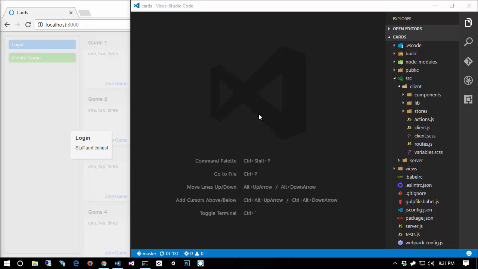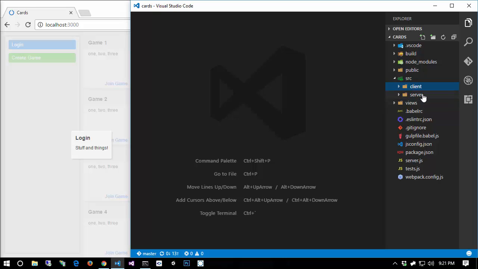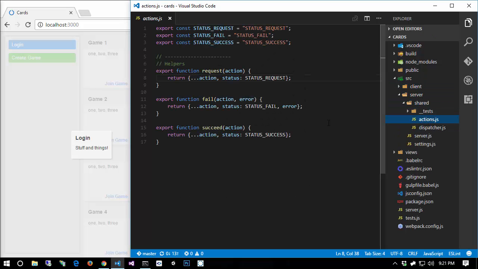In this video, we are going to implement our login dialog. Before we do that though, I do want to go ahead and create the login action, the actual action that's going to be dispatched in the case where we try to attempt to log in. So I'm going to hop down to our server shared actions where our global